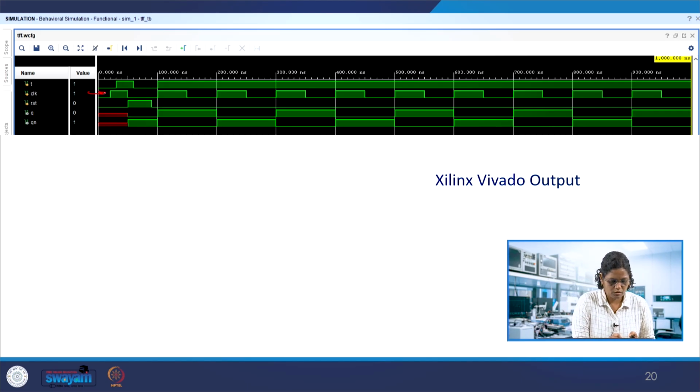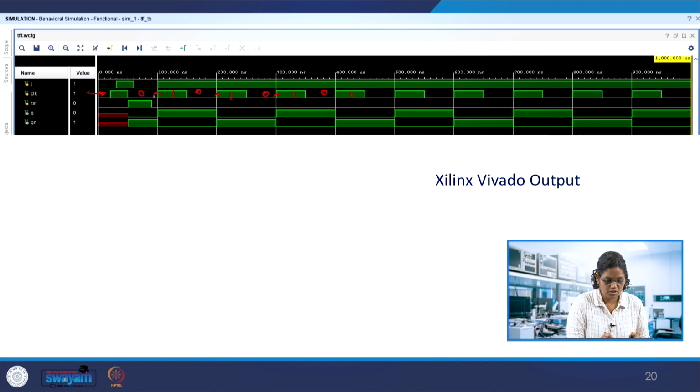The clock is having, so here it is, 0, 1, 0, this is 1, 1, 0, 1, 0, 1, and these are the edges. Initially the clock is made 1 sometimes, irrespective of that, which is why it is showing 1. And let's take the reset here also, this is reset 1 and reset 0. So let's take this one and then we'll come back to the rest of that.